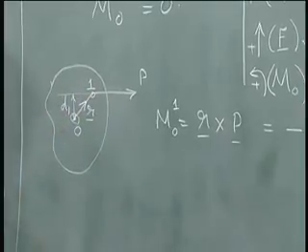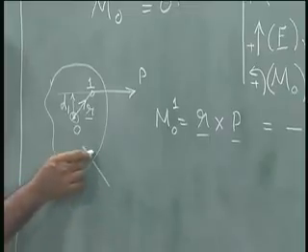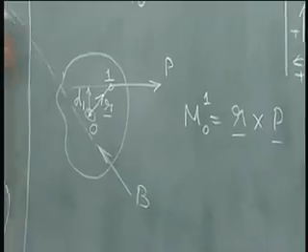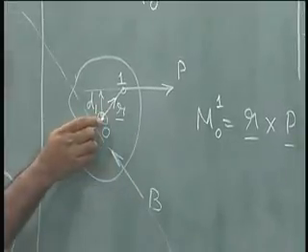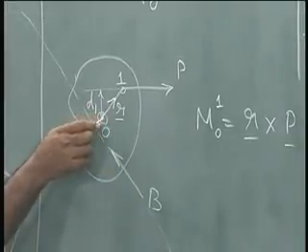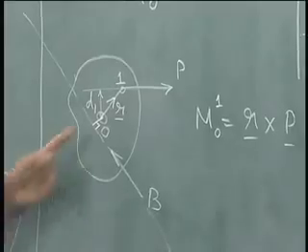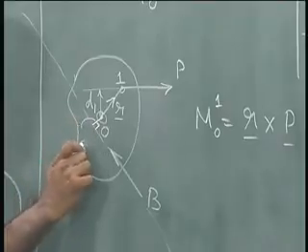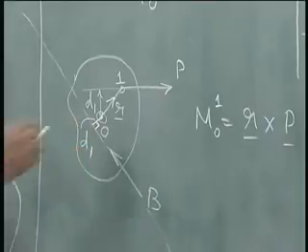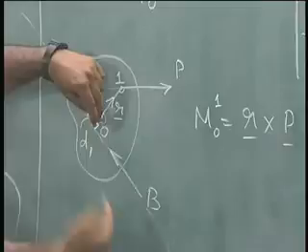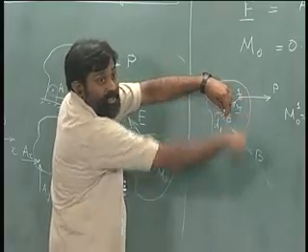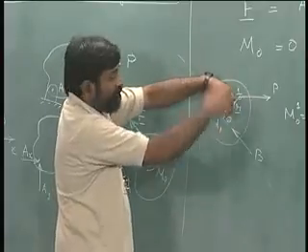For example, if this is the body, if this is the force B, I can extend this line, find out what would be the perpendicular distance of O with respect to this B, okay. Let me call this as d1. Again, if you notice, the force is such that it is acting to rotate the body in the clockwise direction. So, I will get a